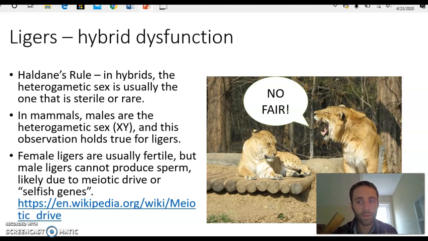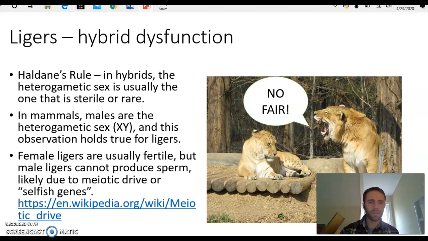And so, thinking back to our mammals, what's usually the heterogametic sex? It's males. Males have an X and a Y chromosome. And so in mammals, this observation holds true for ligers. The male ligers cannot produce sperm, and so they are the sterile ones. But female ligers are usually fertile, and there have been some instances where a male tiger or a male lion is crossed with a female liger, and they can produce offspring. But male ligers cannot reproduce, and this is likely due to